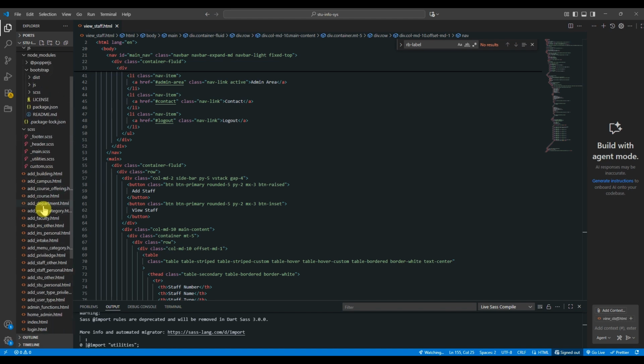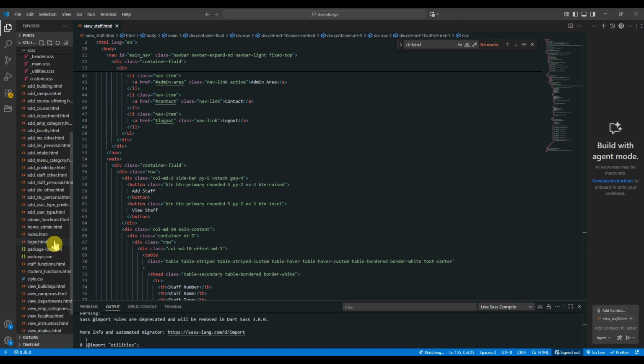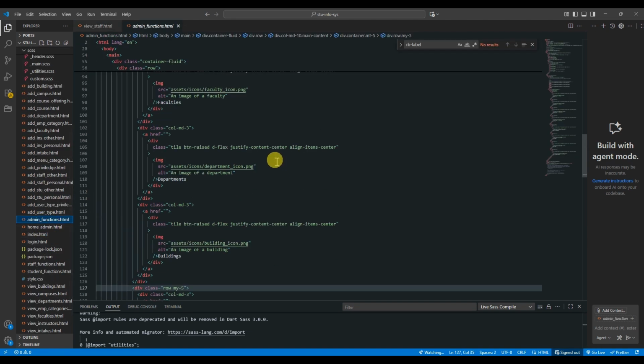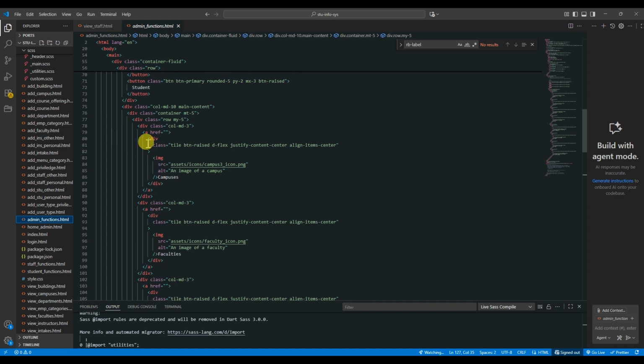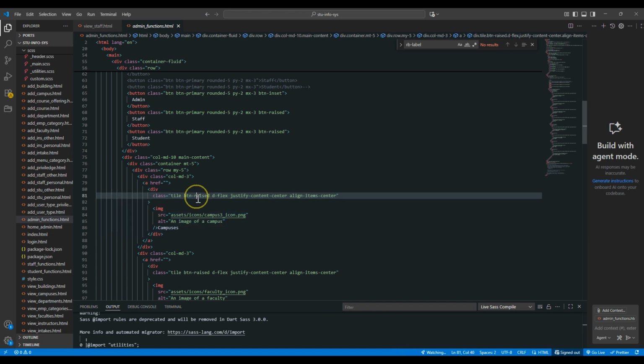Let me open the admin_functions page. And these are the sidebar buttons. And these are the buttons in the main content. But if we look, these are actually divs, and we applied classes like btn-raised and other classes like tile to make them look like buttons. So